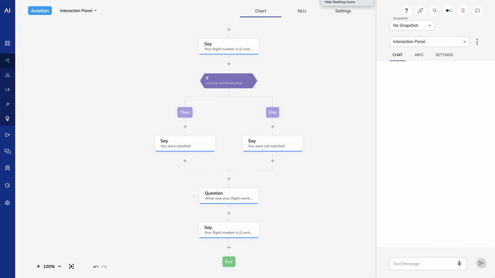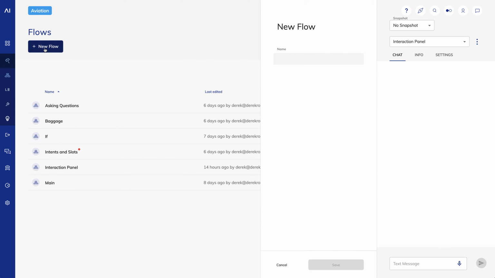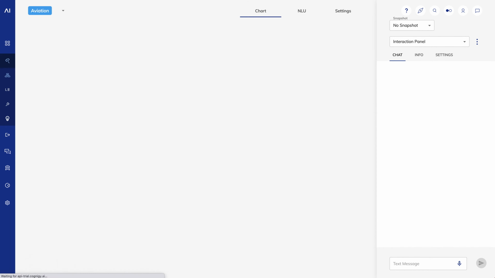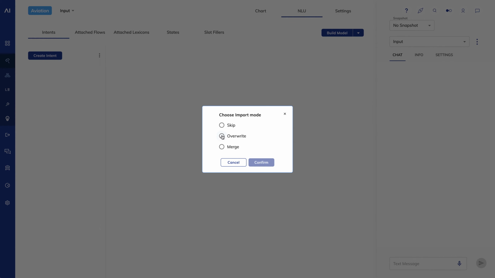Now we'll look at the input JSON, which is longer and much more rich in information. I'll create a new flow and call it input. And I'll upload the intents that we created in the Foundations course.